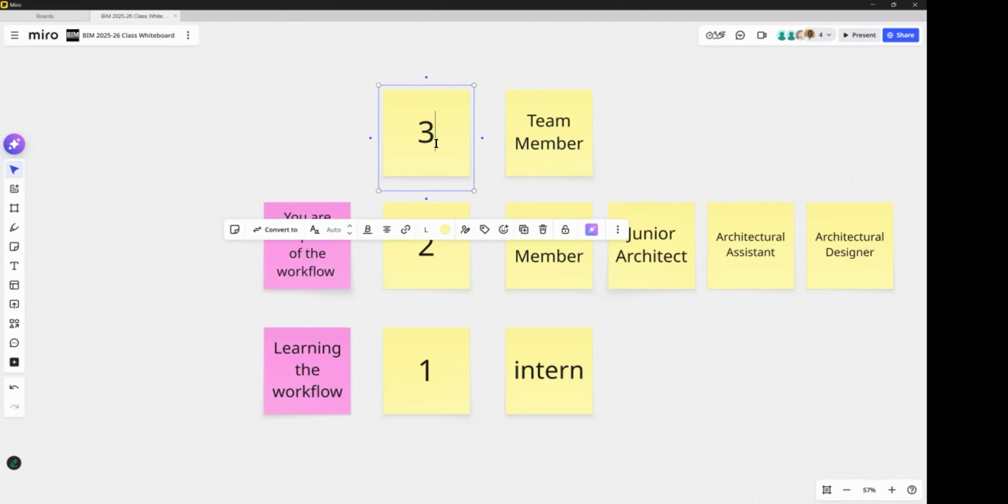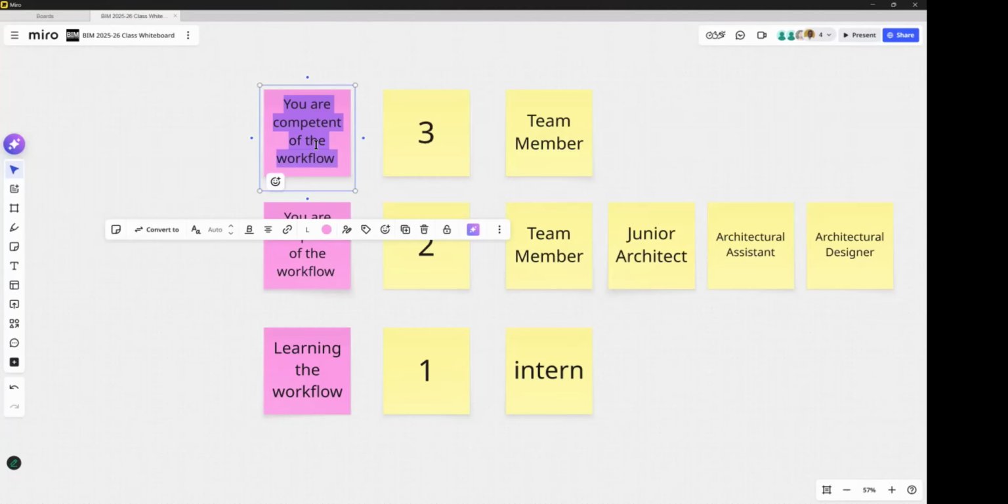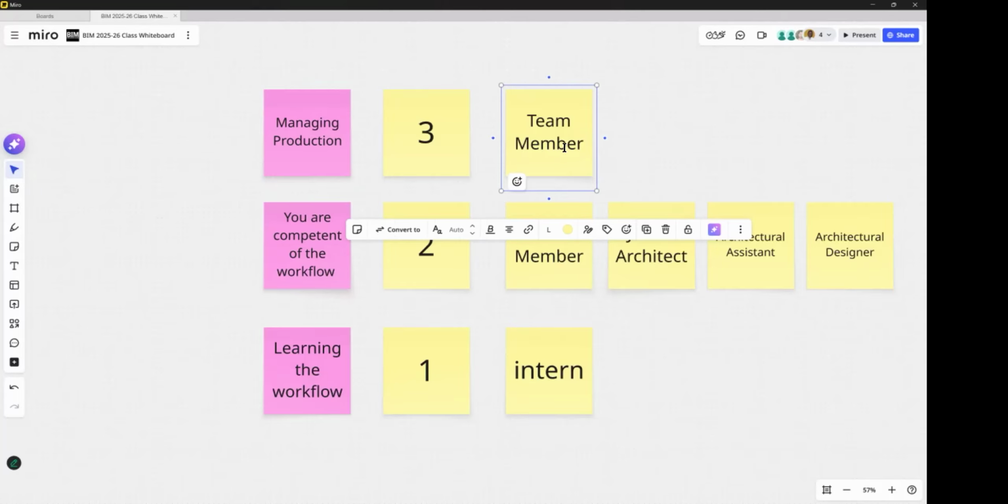Now, at the level 3, you are usually managing production. So when you say managing production, what do people call this now? I don't know.